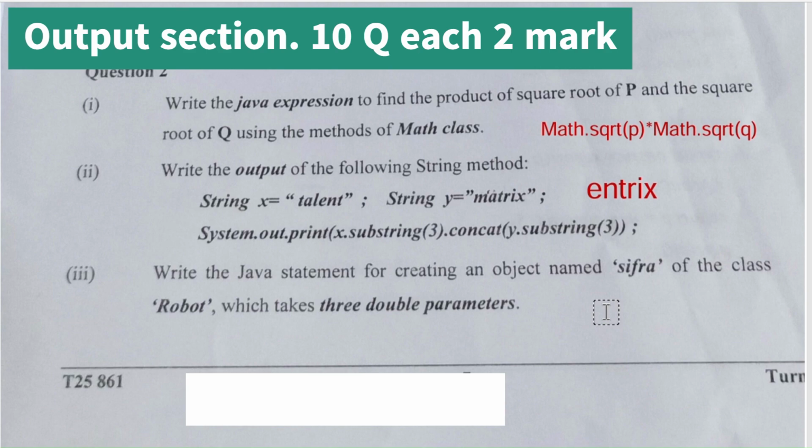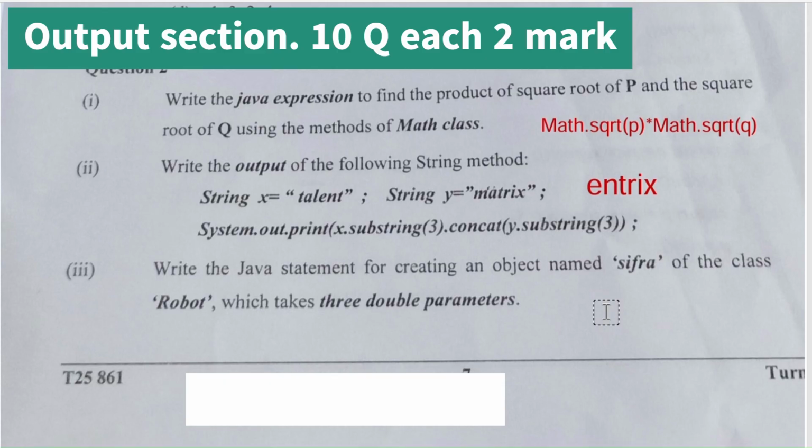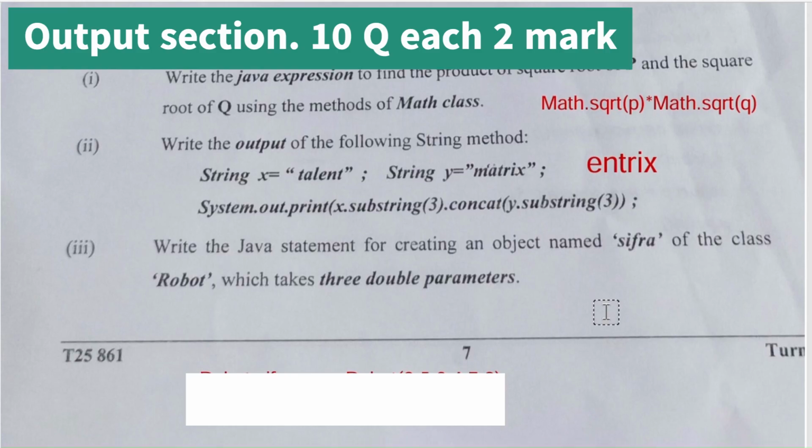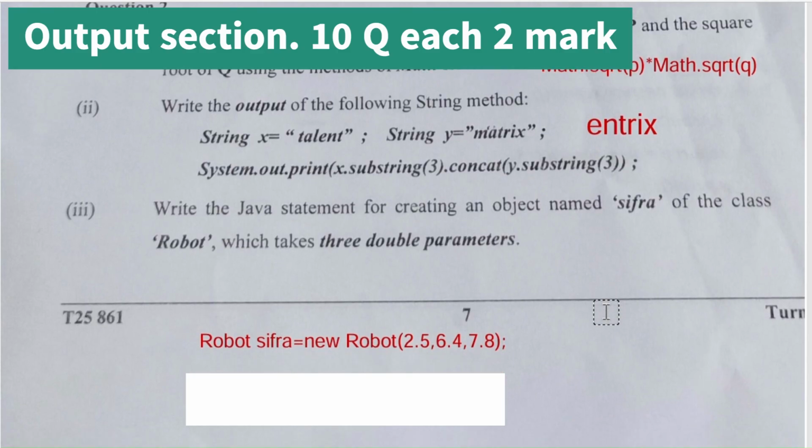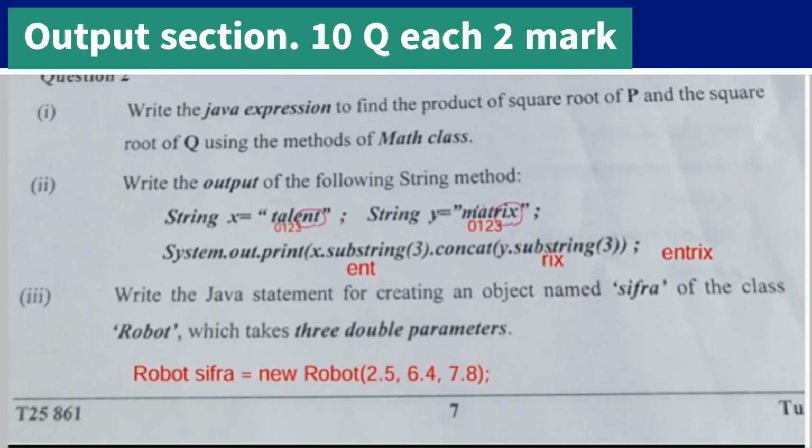Now question 3. The question is, write the Java statement for creating an object named Cifra of the class robot, which takes 3 double parameters. To create an object Cifra of the class robot, which takes 3 double parameters, we write: robot Cifra = new robot(2.5, 6.4, 7.8);